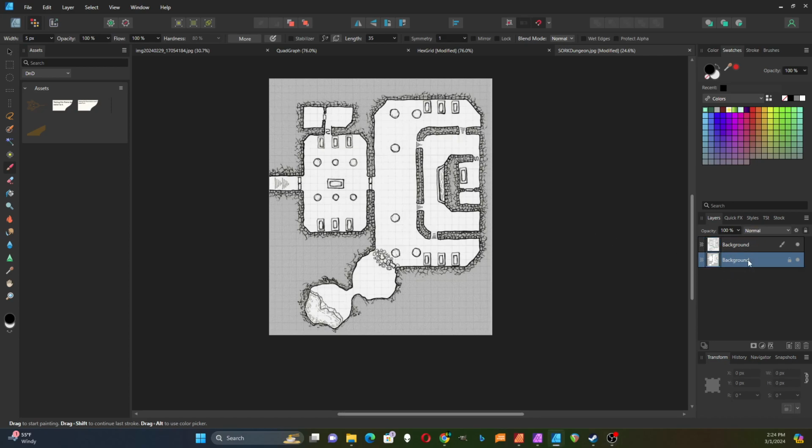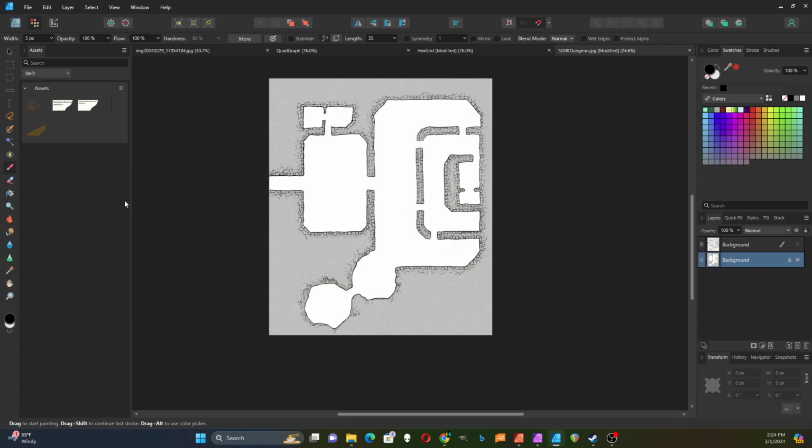I'm going to go to my background, and I'm just going to turn this one off for now. I've switched over, by the way, this is Designer I'm using now, and I've switched over to the Pixel Persona. So I'm working in Designer, but I'm using the Pixel Persona. That enables me to use some of these other tools like the flood selection tool. So first I'm going to select this, and then I can just Control C and Control V that,